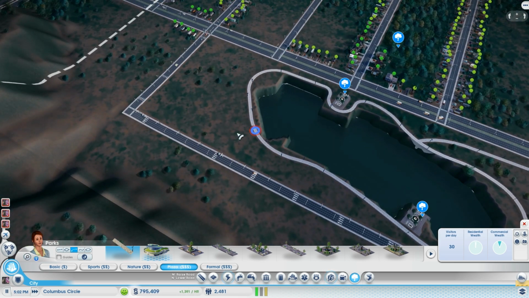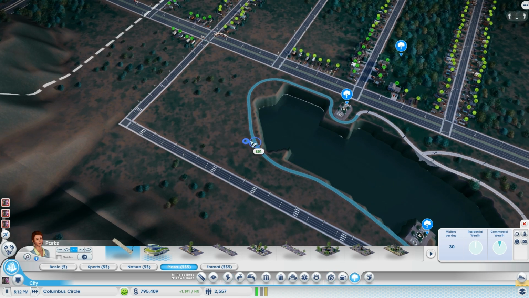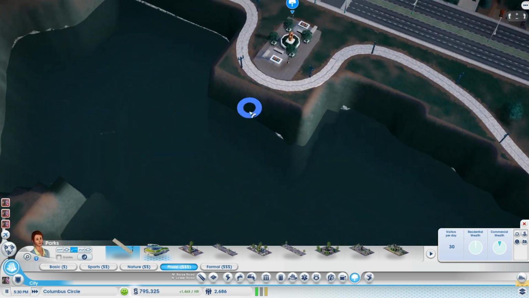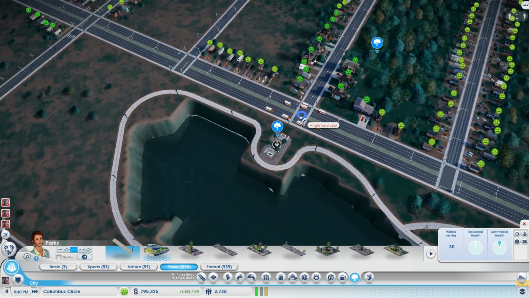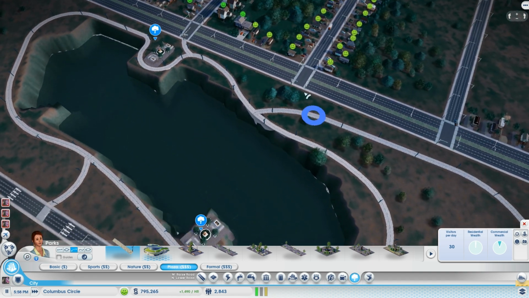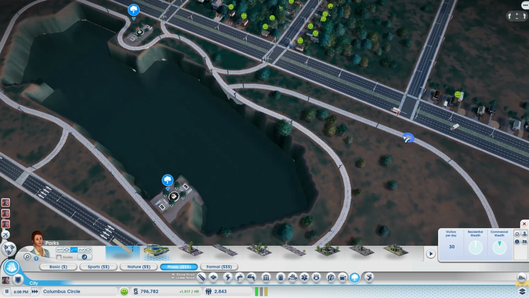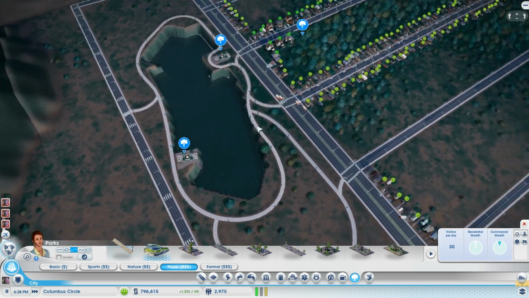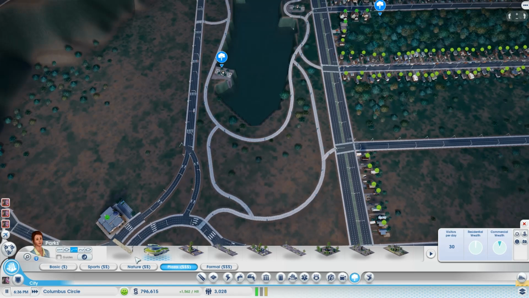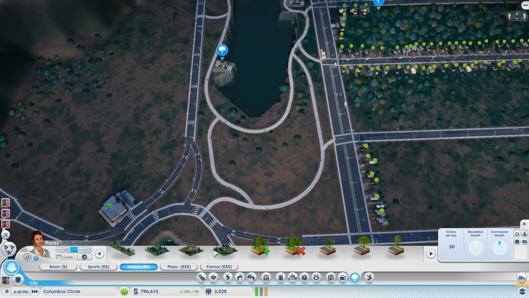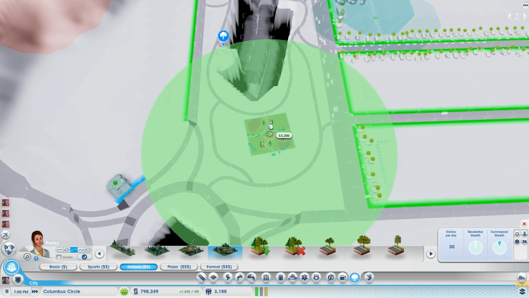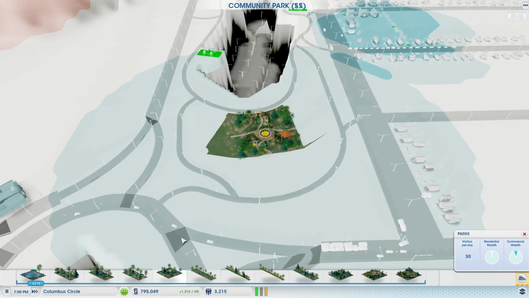I'm just putting these random parkways or pedestrian paths into the city here, to make it a little bit more fancy, as you can say. And let's use some of these parks. Let's put that in the middle,